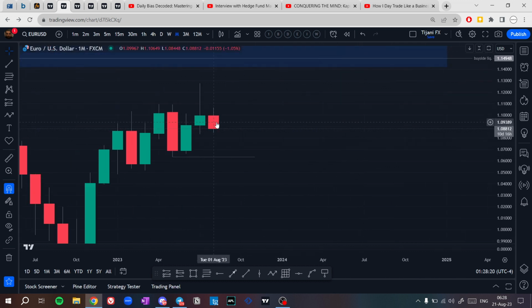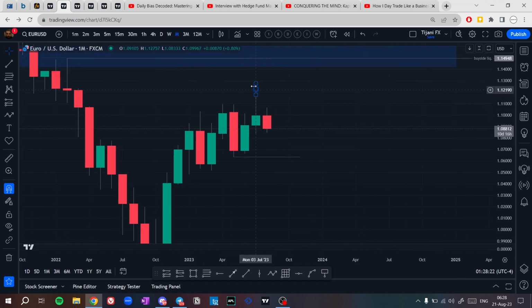Even though we see it as a green candle, it is a bearish candle, right? Then August showed some bearishness, and we still have price that didn't take July's low, as the US dollar has taken July's high, so we are still expecting